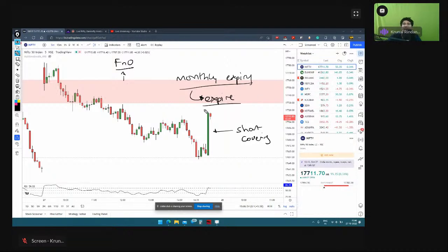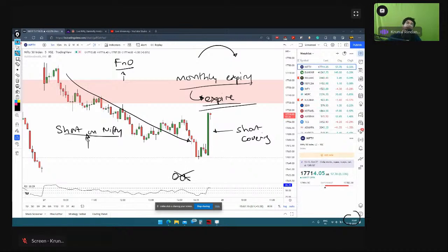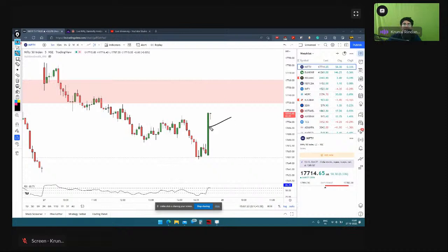Since expiry है आज, अगर उसे एग्जिट करना है, let's say someone had shorted, someone was short on Nifty, if they had to roll forward, मतलब उनको ये मंथ की जो एक्सपायरी है, अक्टूबर की एक्सपायरी आज हो जाएगी, meaning October contracts will no longer be valid, which is why they need to cover these positions. उसके वजह से prices would have gone up, possibly वैसा कुछ हुआ होगा, is what I would say, because otherwise